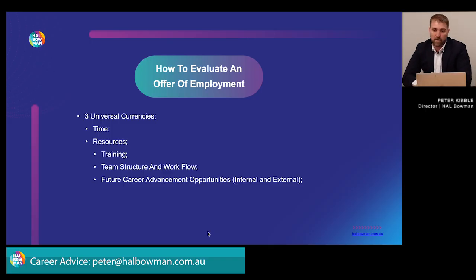But then if you add another layer, which is external opportunity, one of those businesses might be significantly worse than the other. So if you think about accounting firms, if you're moving into a role that's very specialised, there might be awesome internal opportunities, but there may be very few external opportunities. So that's something that you really need to consider. And what is the cost of each decision you're making?